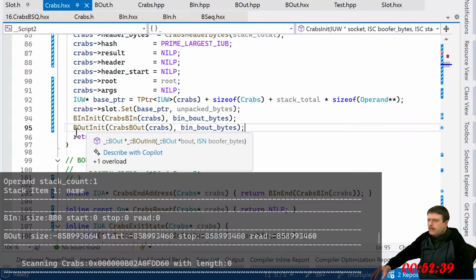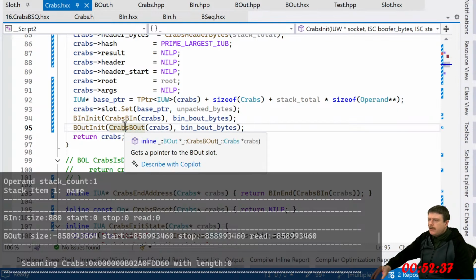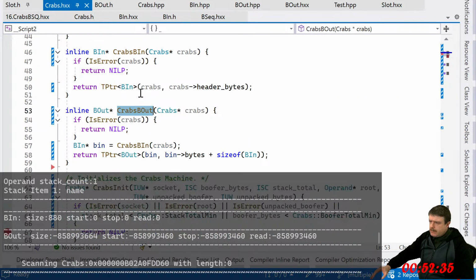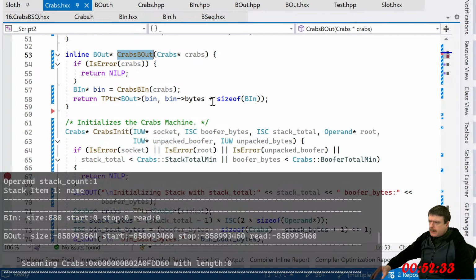Okay. I don't understand how that one's going to mess up. So I added this and then it blew up. Where do I use bytes? Let's go look.